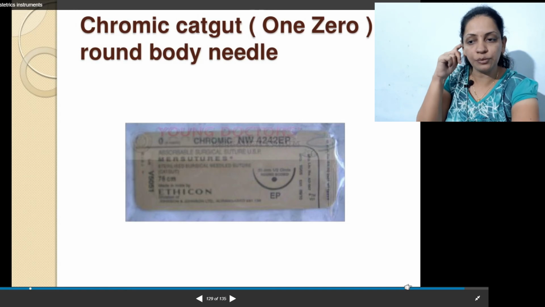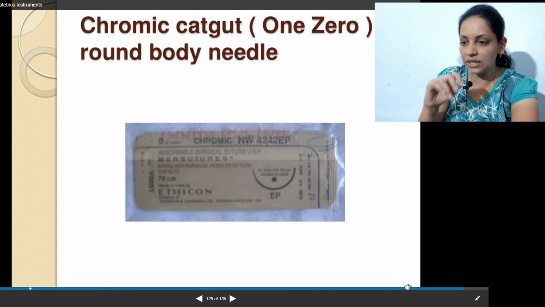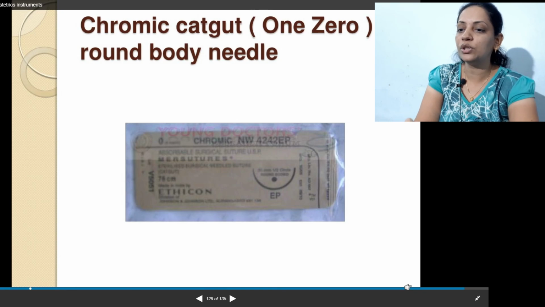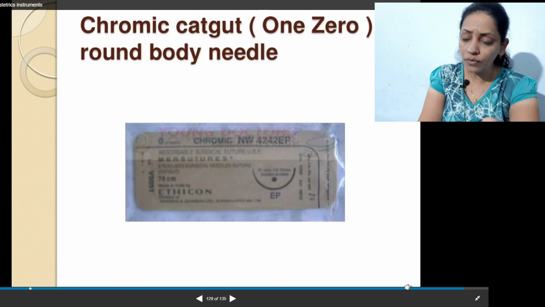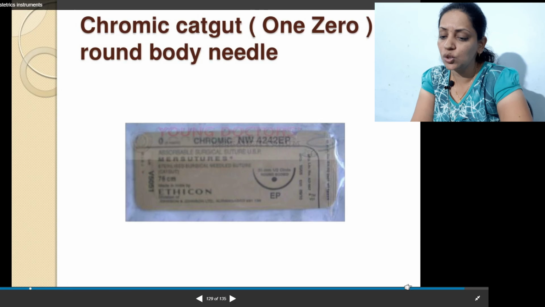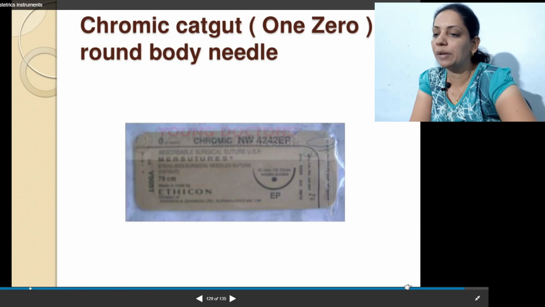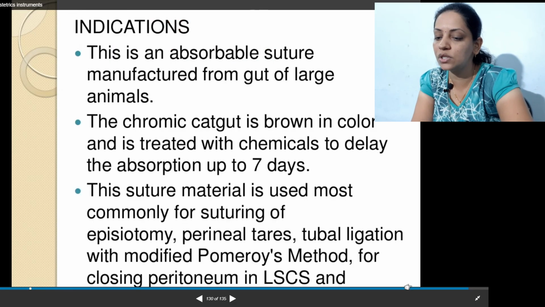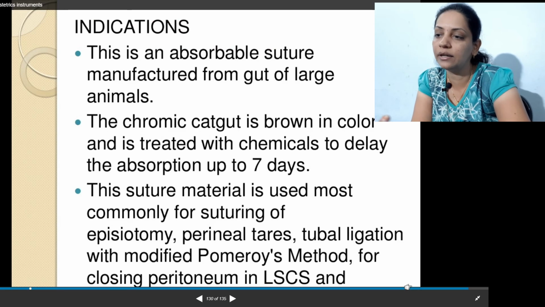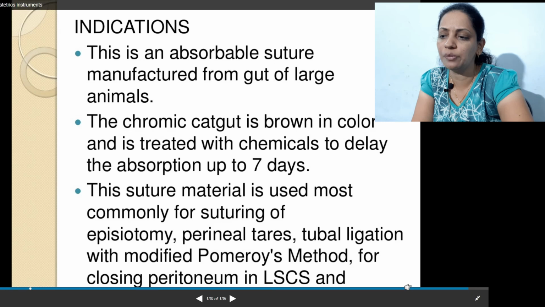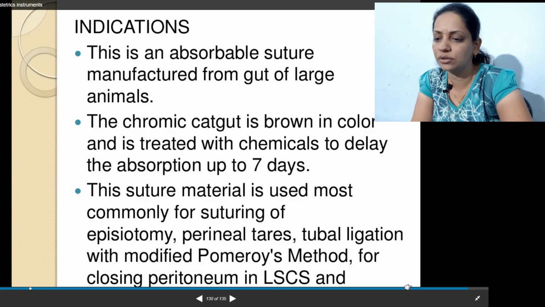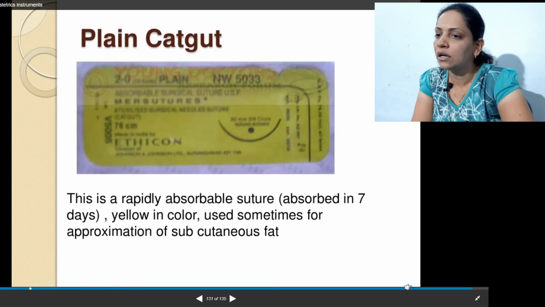We use different types of sutures for suturing different layers. We use Vicryl catgut for suturing the skin, superficial fascia, and peritoneal layer. This is just for introduction. This is chromic catgut, the common suture, and we use it for suturing episiotomy, tubal ligation, and LSCS.